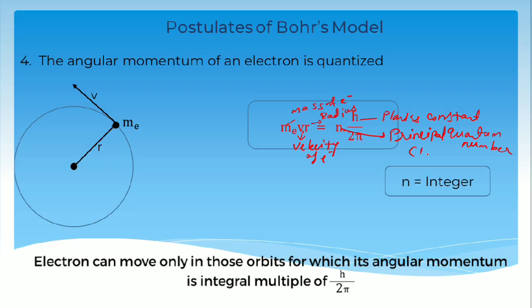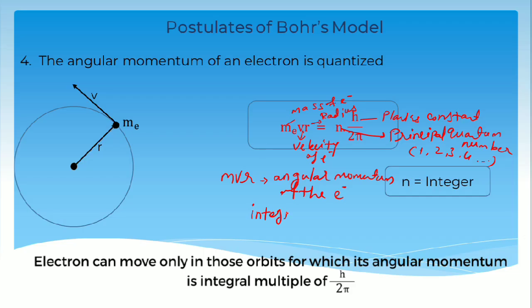Where n equals 1, 2, 3, 4, and so on. So this quantity mvr is called the angular momentum of the electron. Okay. So according to Bohr, angular momentum must be an integral multiple of